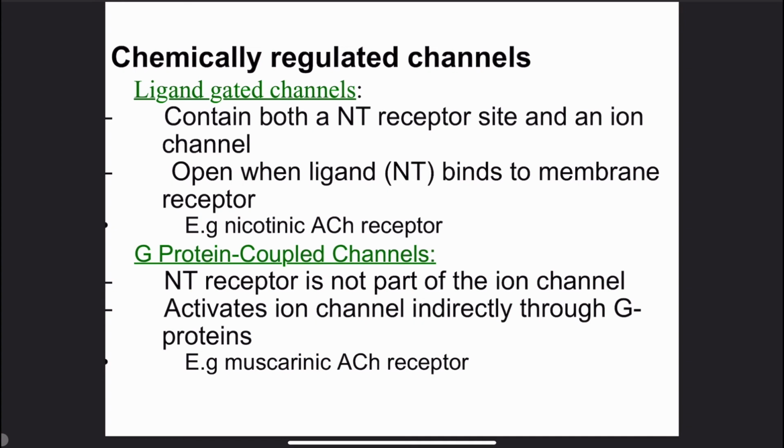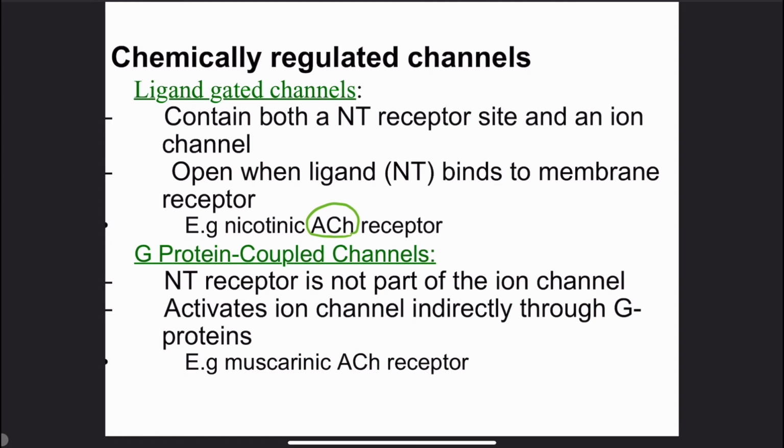When a ligand, which just means a molecule that binds to something, so a neurotransmitter is a ligand, binds to the receptor, it's going to open a channel. These are also known as nicotinic receptors